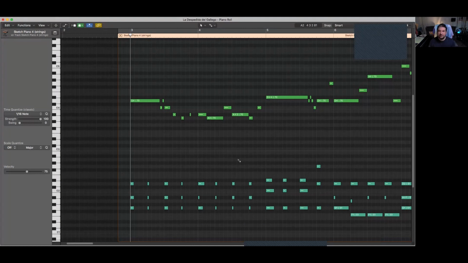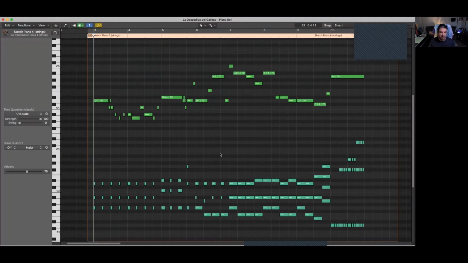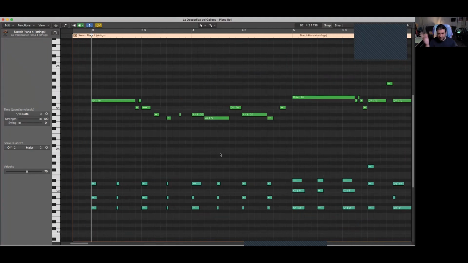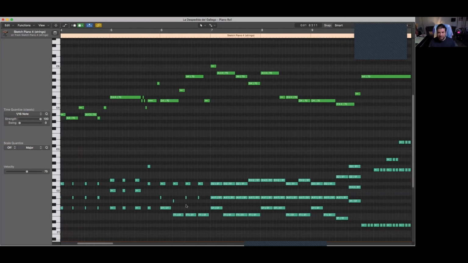And it really is useful because, as you can see, the sketch piano pad allows you to explore these ideas without a lot of the orchestration and stuff like that that might get in the way of your compositional thoughts. So I like to start that way and at least get a tune or a theme going on top and then add simple chords on the bottom that will help me.